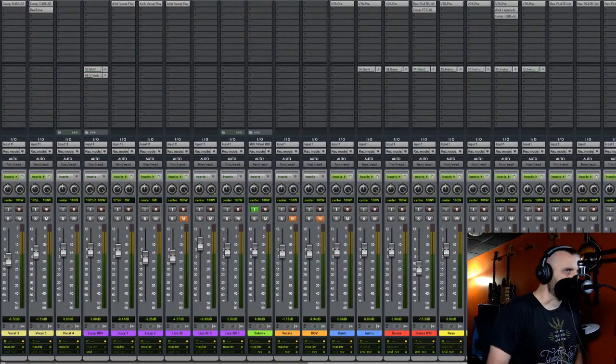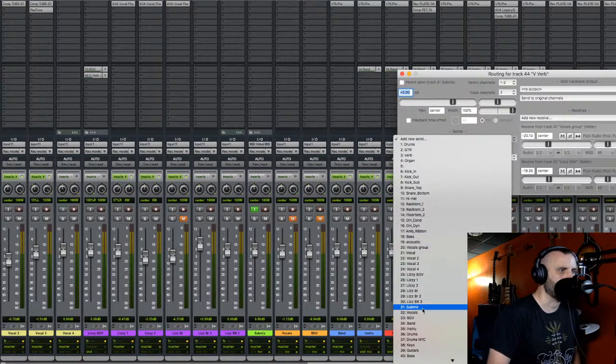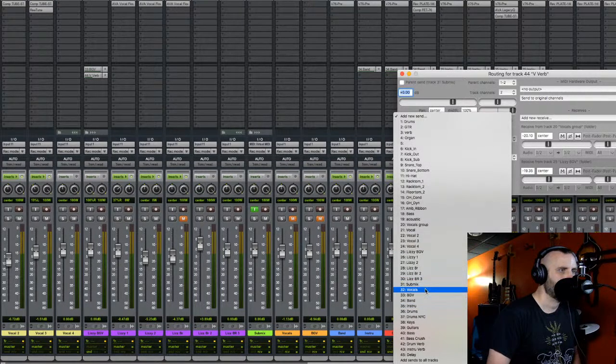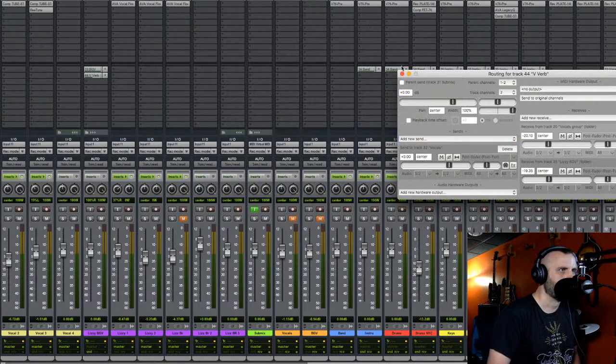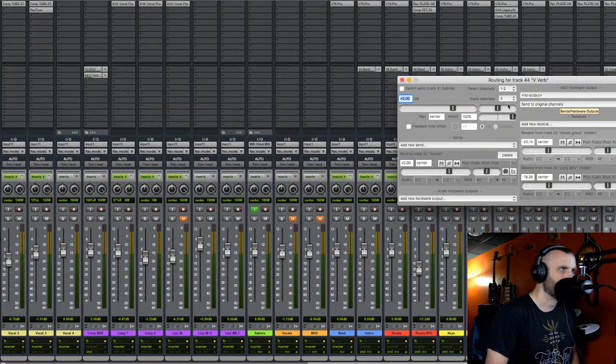All right, now the vocal verb. Parent send submix. Let's take it out of the submix and let's send it to the vocal. The vocals. Like that. So that way if we have the vocals muted, we shouldn't be able to hear the actual reverb going to the vocal itself. There we go. See how I did that? Maybe. Let's do the same thing for